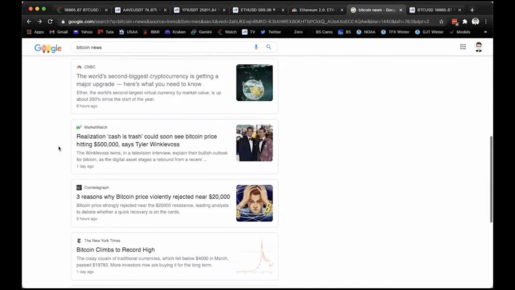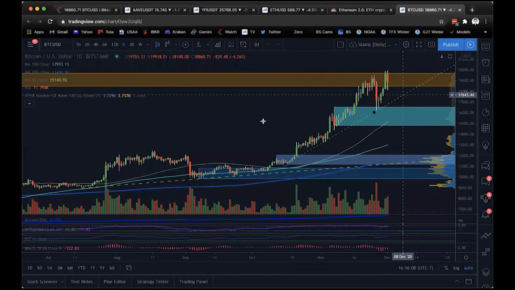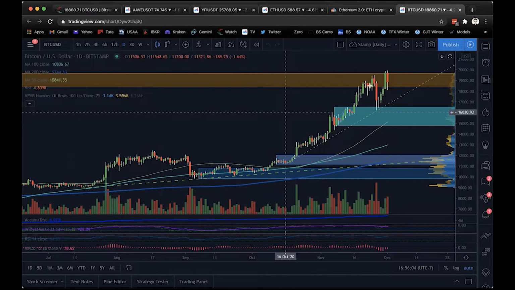So I think the main theme continues to be bigger institutions and bigger, more respected traders and trading firms start to turn around and recommend to their clients, not only put money to work themselves, but recommend to clients that an allocation might not be such a bad idea. And so with that in mind, we've seen Bitcoin surging to new all-time highs, at least on Bitstamp,